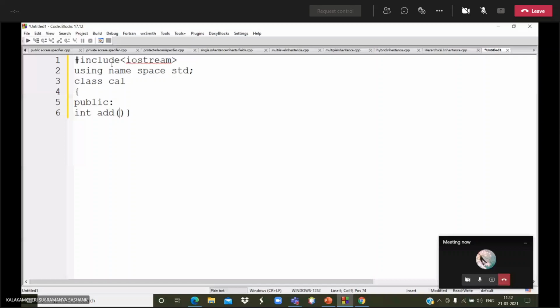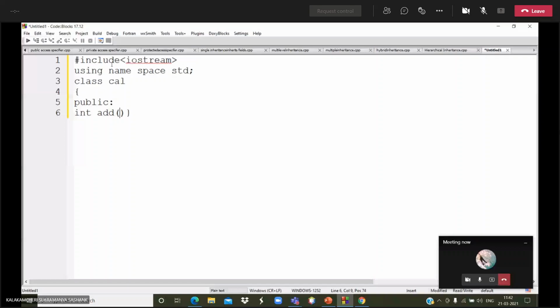Then I am returning that function with the help of calculation. One parenthesis is missed. Oh, one minute. Then I am closing the class.